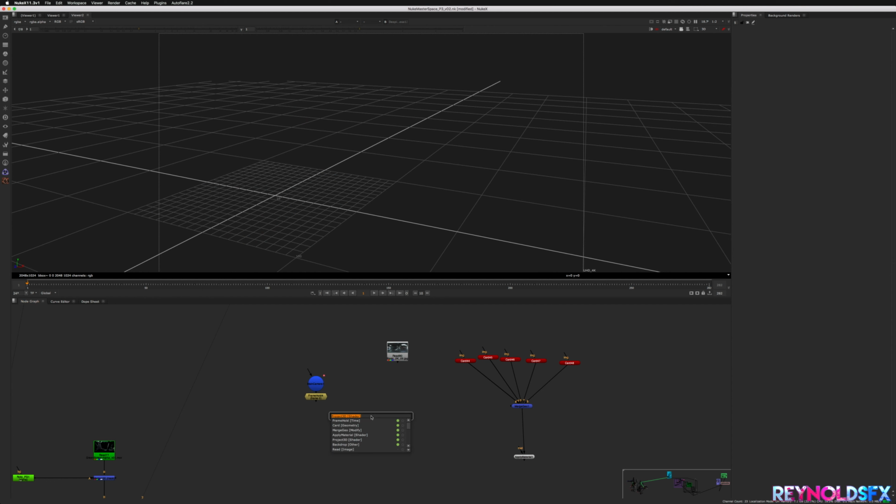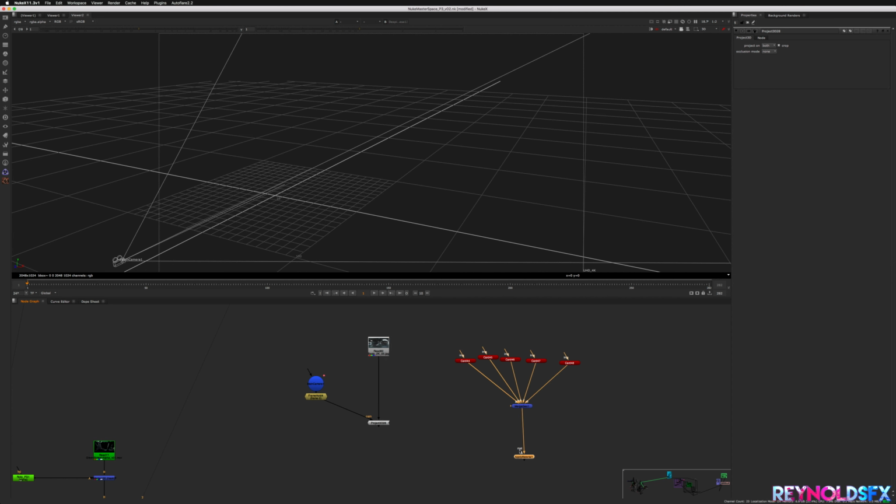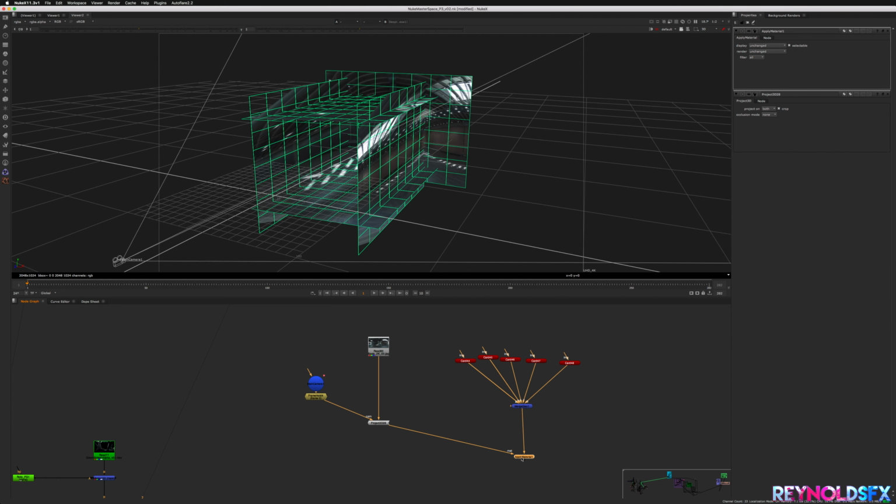So now we want to add a projection. So I'm going to hit project 3D here, and we're going to take our camera with our frame hold, and we're going to take our image, which is this one right here to start with, and we're going to take the material here and link that to our camera projection. If we take a look here, we basically have